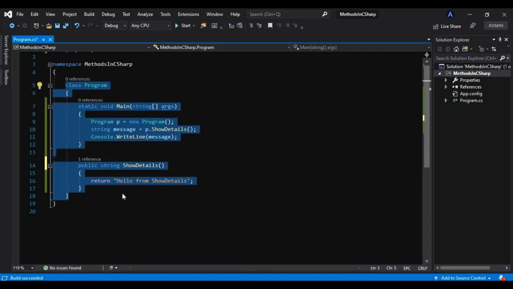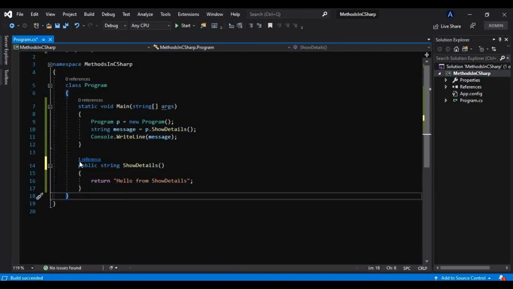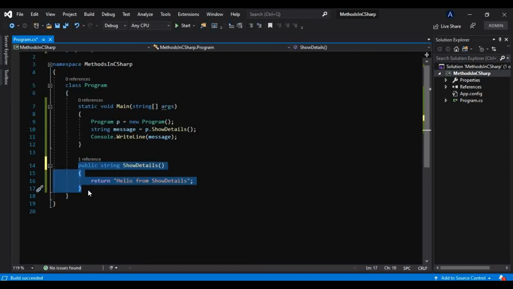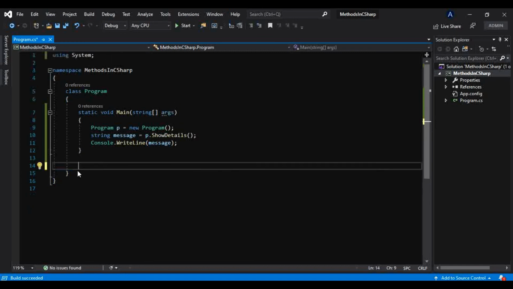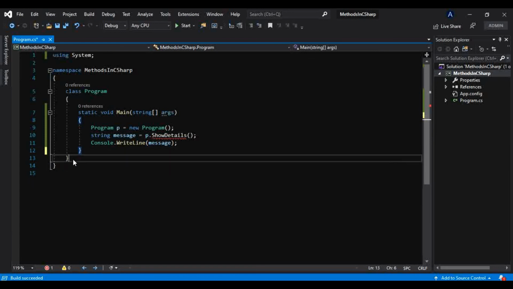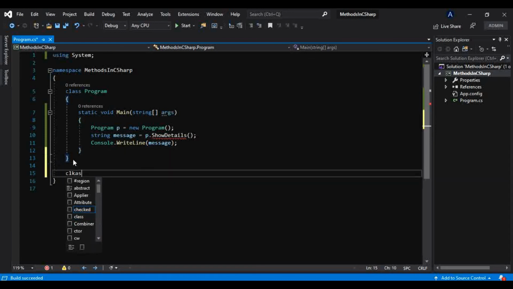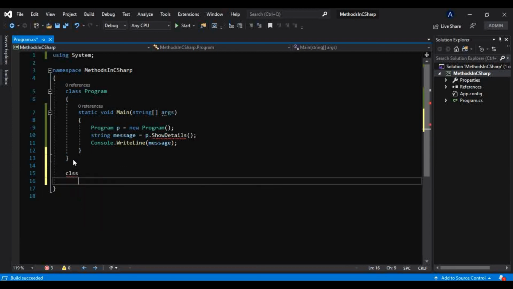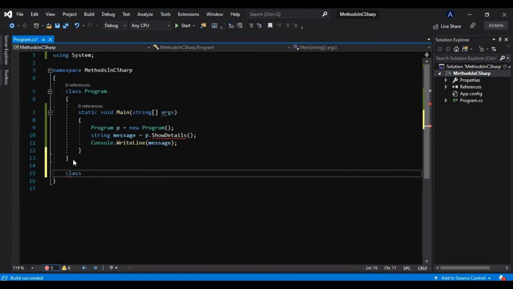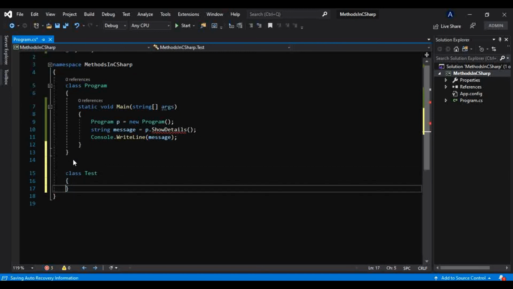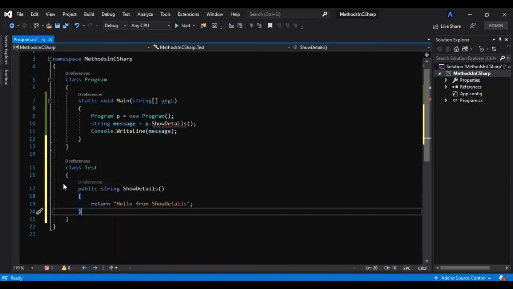Okay, so to prove that, I will cut this method from here, and I will take another class like this, and I will name that Test, and I will keep the method inside that class.